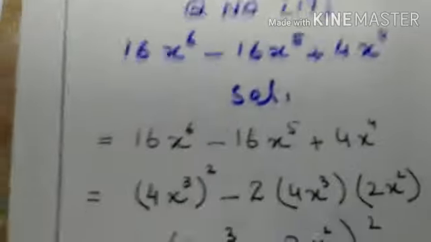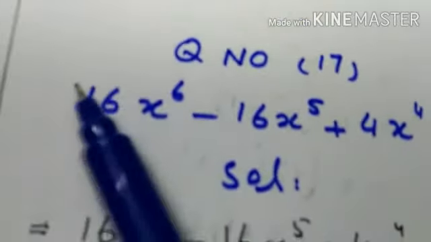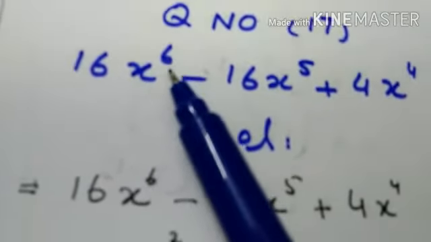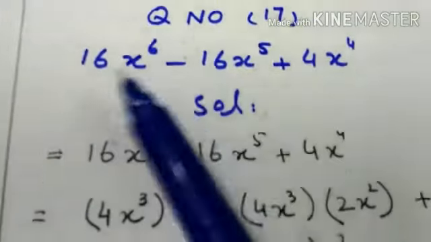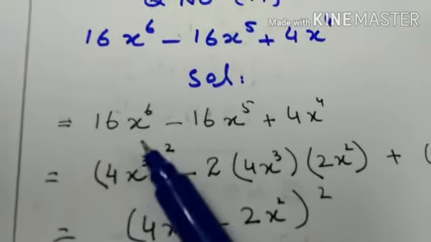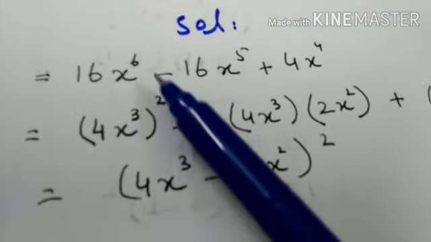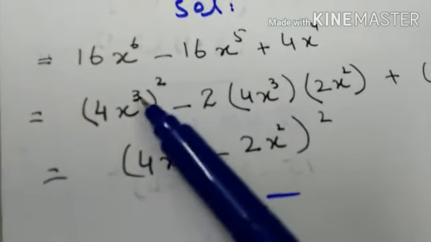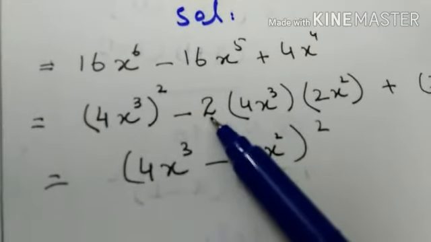Now come towards question number 17. Now in the previous question the power was 2 or power was 4. Now here the power is 6. Now how to do this question? Just see, we will use the same formula. 16 is the square of 4, dear. And x6, how x6 will come? If you take the square, square means 6 is 2 3s are 6. It means you should be having 3 over here. 3 2s are 6. Minus sign for the formula, 2 of the formula.